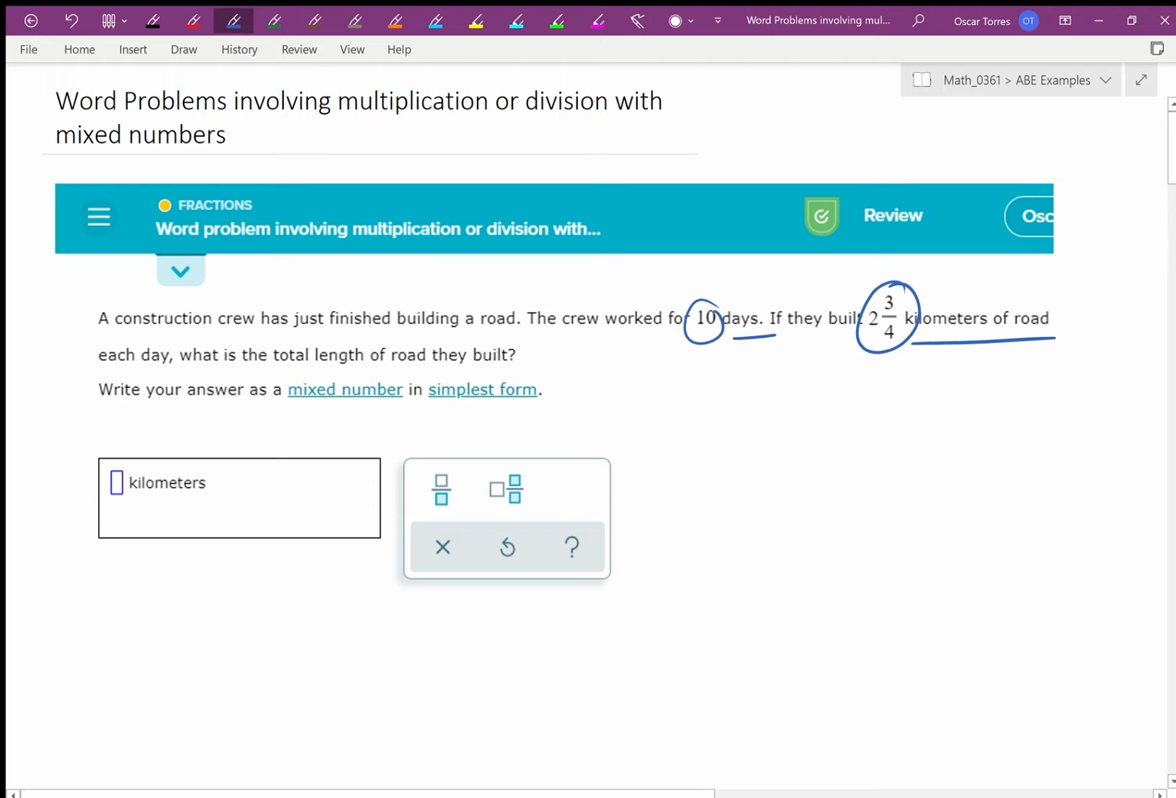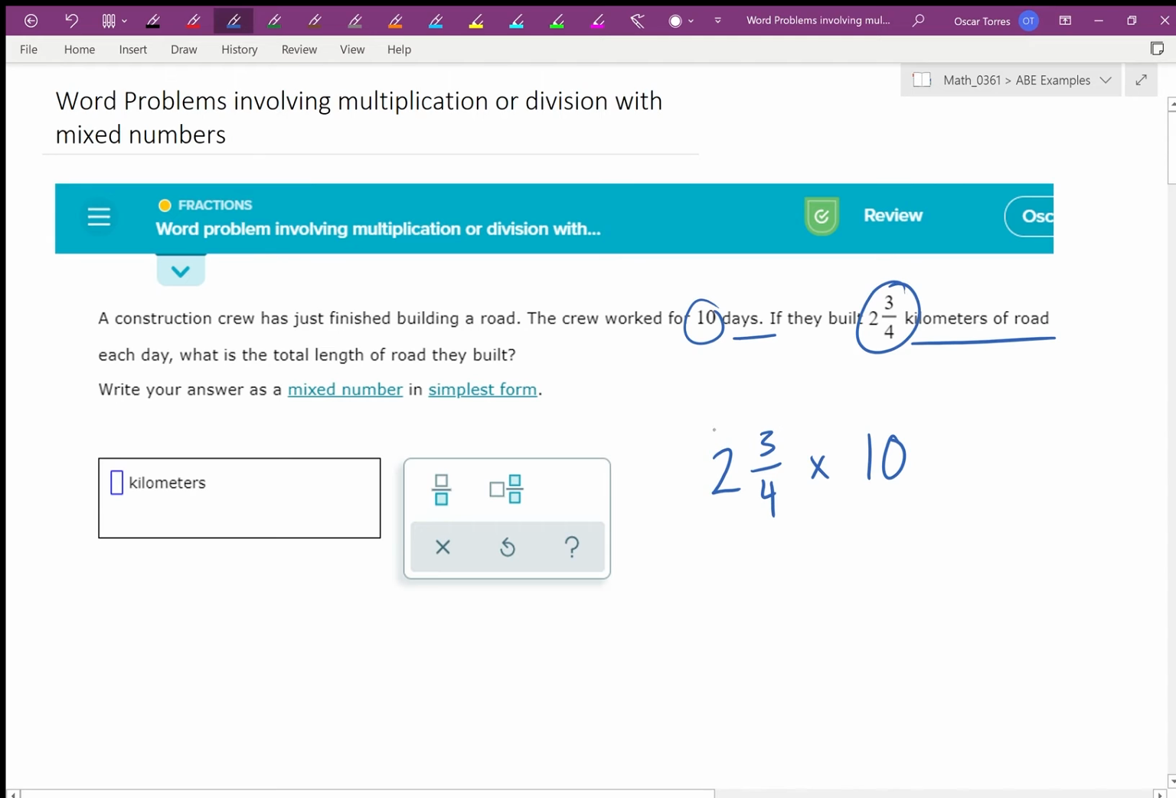10 days. Because they're doing this every day, we're going to be multiplying. We're going to be multiplying 2 and 3/4 by 10 days. In order to actually multiply these two numbers together, I would recommend turning both of these into improper fractions, in